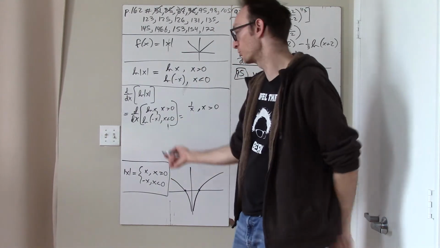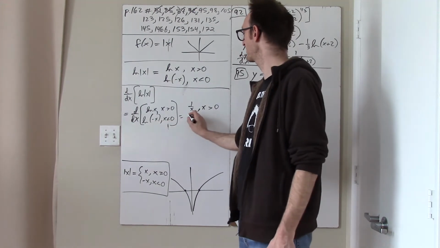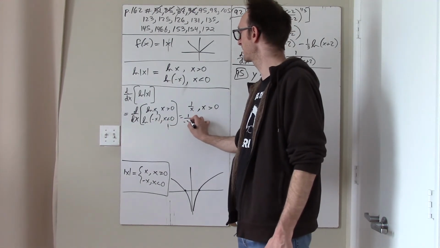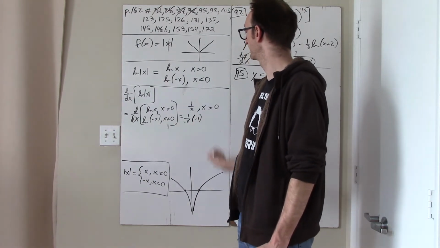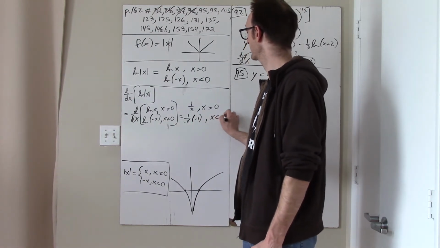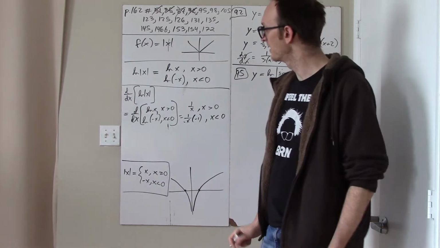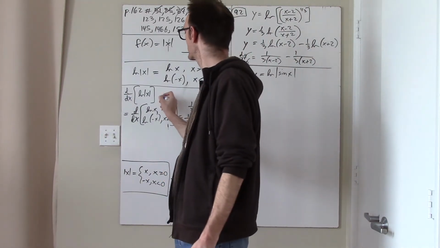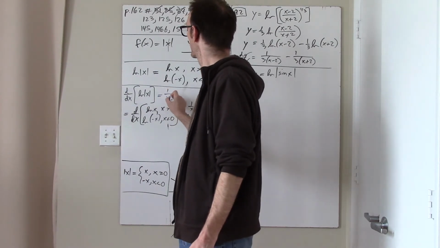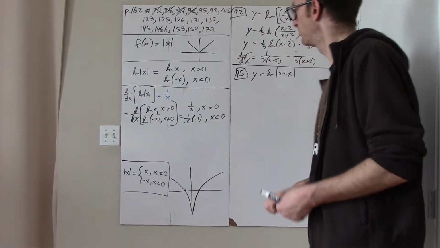And here, what is the derivative of the ln of negative x? Well, I have to use the chain rule. And so the derivative of ln of something is 1 over the something, but then back inside for the derivative of negative x, which is negative 1. So it's also just 1/x. In other words, the derivative of the natural log of the absolute value of x just is 1/x. Okay, that's maybe a little bit boring or something,